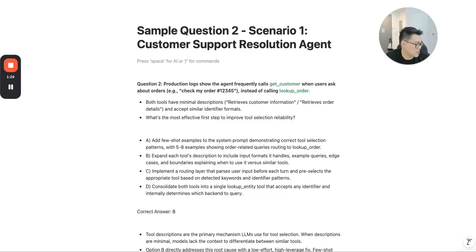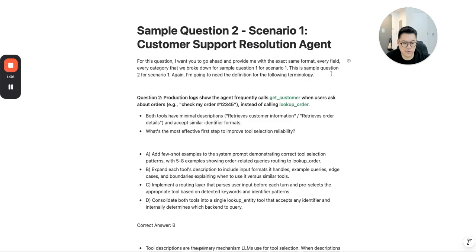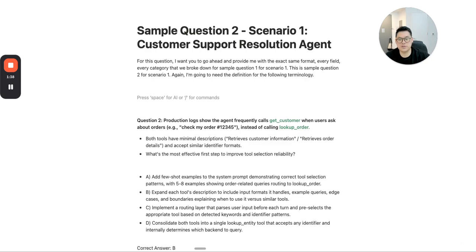It didn't go through, so what I've got to do here is copy it from GenSpark, and it's actually right here. I don't know why it didn't materialize, but I need the definition for the production logs, get customer, lookup order,